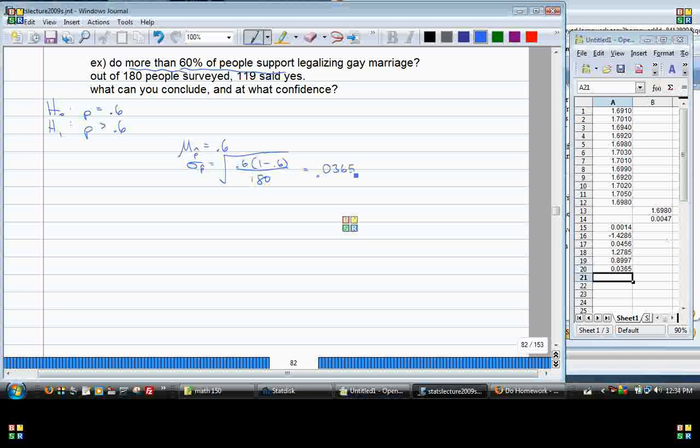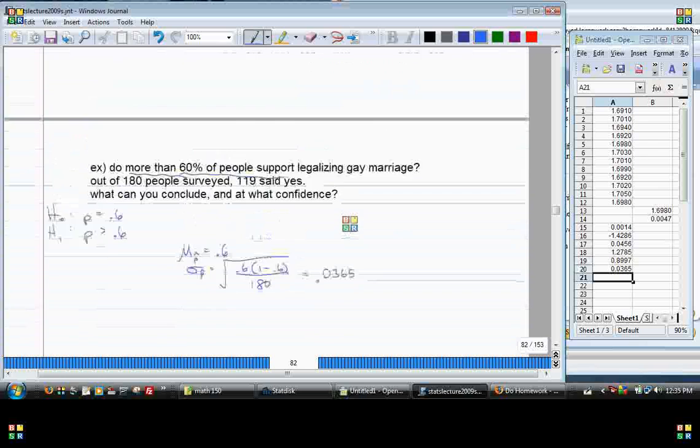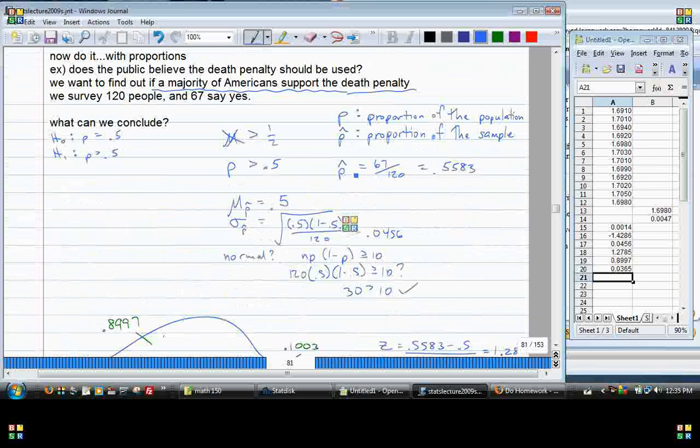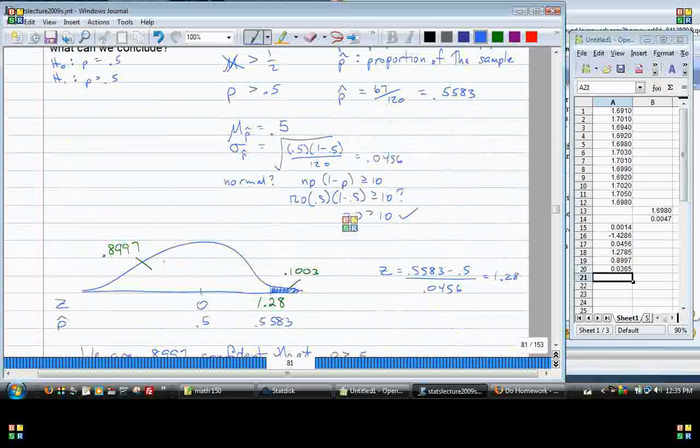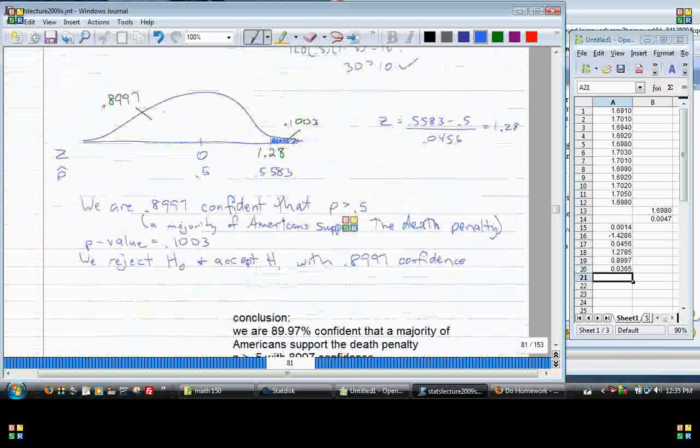Okay, I have a question. For the other question, you divided 119 divided by 180 to get the 0.6? If you go up there, previous question. Yeah. Okay. So you divided 67 divided by 120, you got 0.75. What's that for? P hat. What's p hat for? Where do we use it on there, though? Okay. Well, let's look at the picture. Where does that go? Okay. So far we've got this.